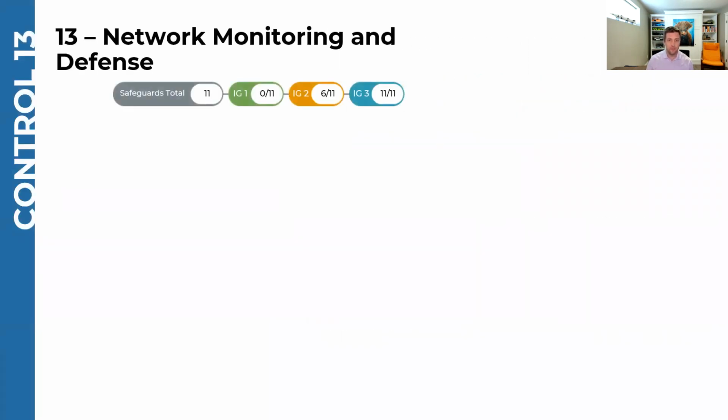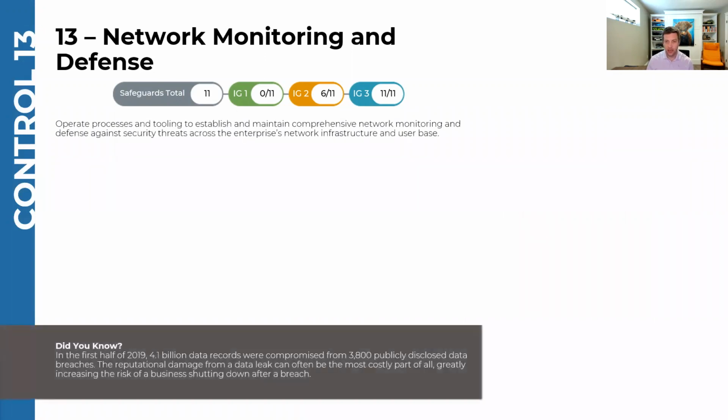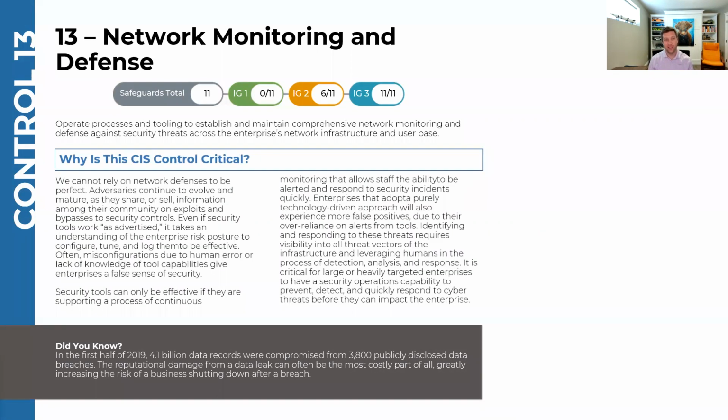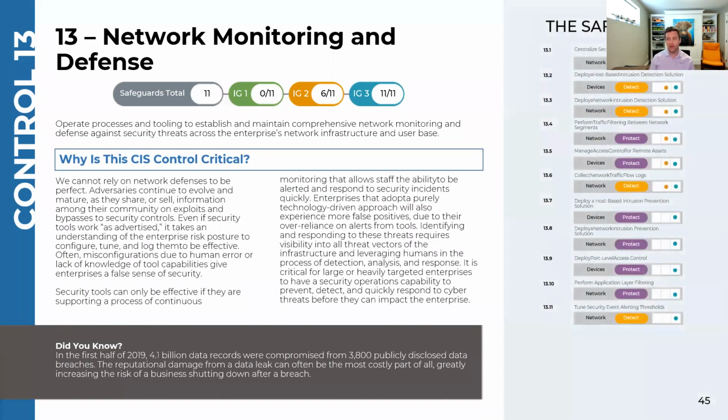Control number 13, network monitoring and defense. I can't wait to see if my green dots match the numbers here, but we see Implementation Group 1 has 0 listed on it. And so this one is all about